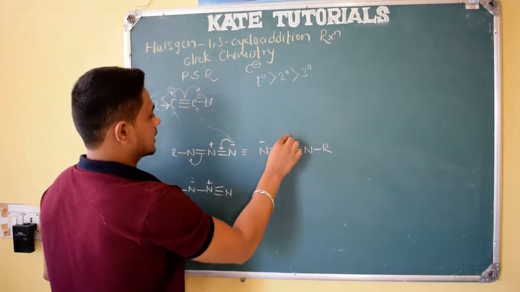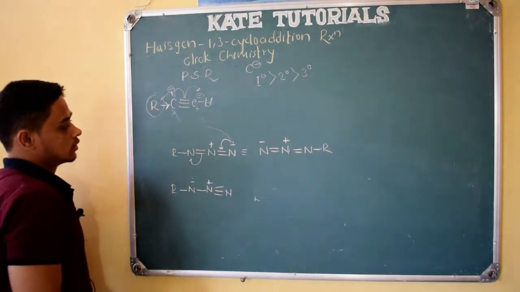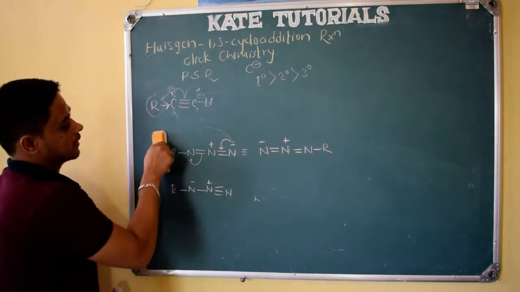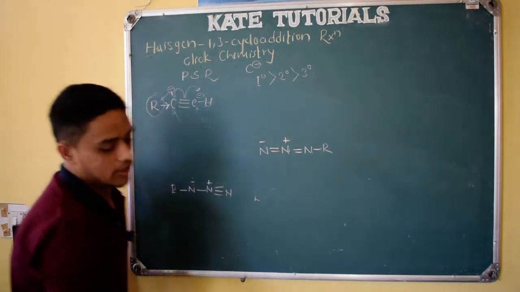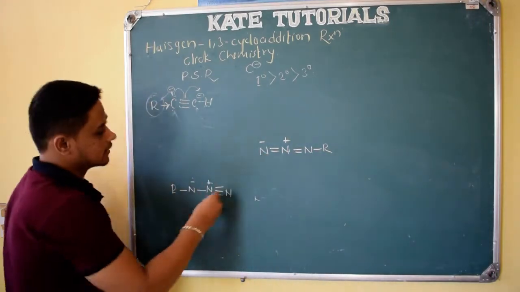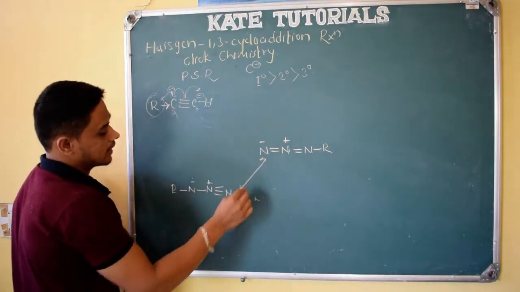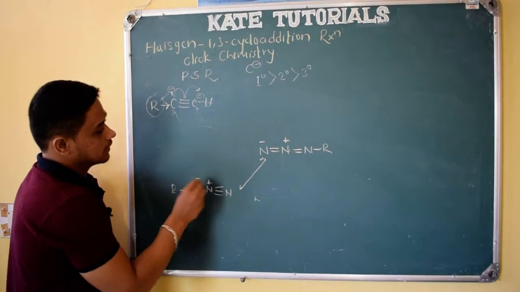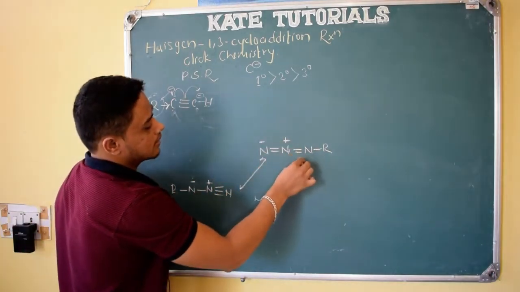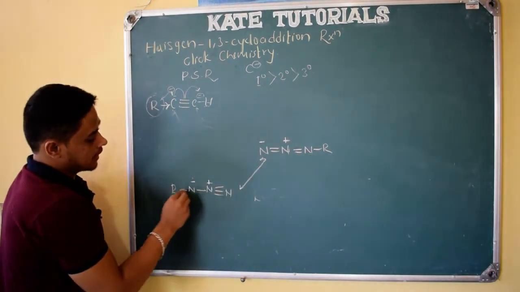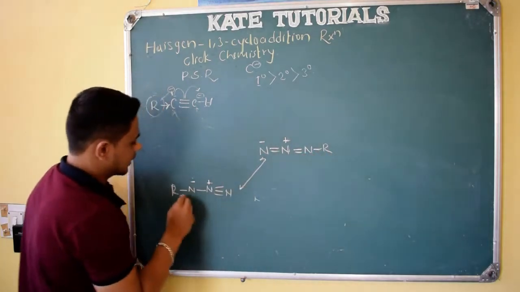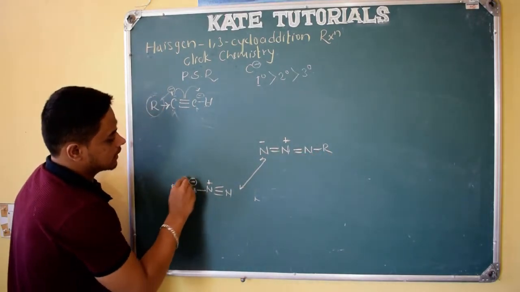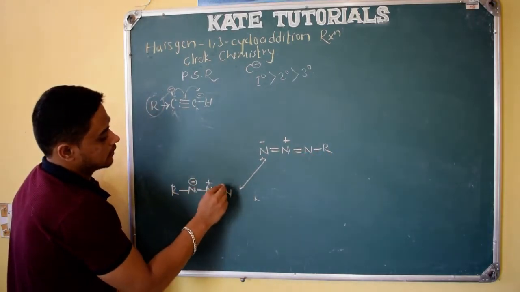So here negative charge, here positive charge, right? Same thing I have written, and the other thing is this one. After resonating, this is the resonating structure I have written. Why have I written it like this? Just the electron density moved here and it came to the nitrogen containing R. See here, nitrogen containing R, same, but the negative charge is on nitrogen here, right?